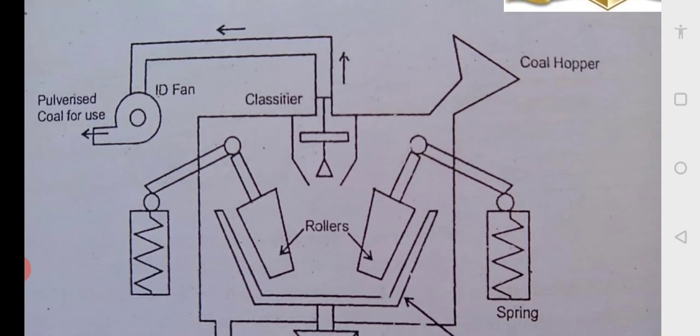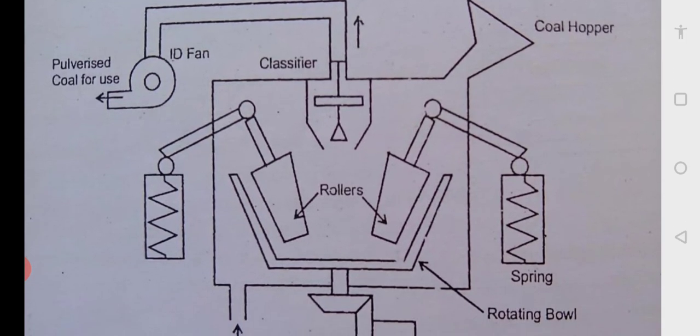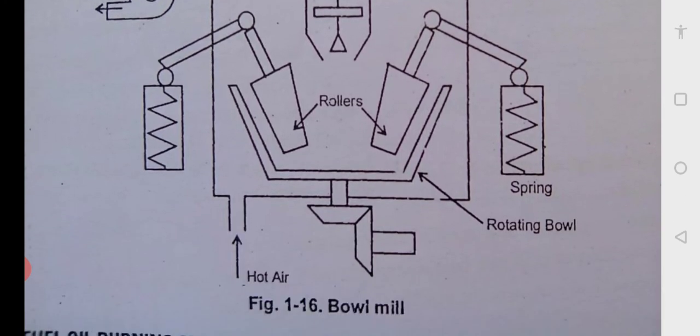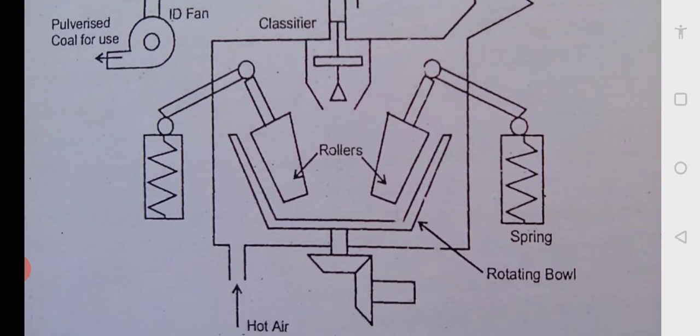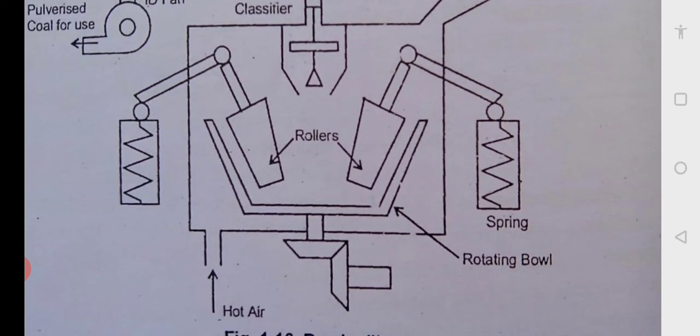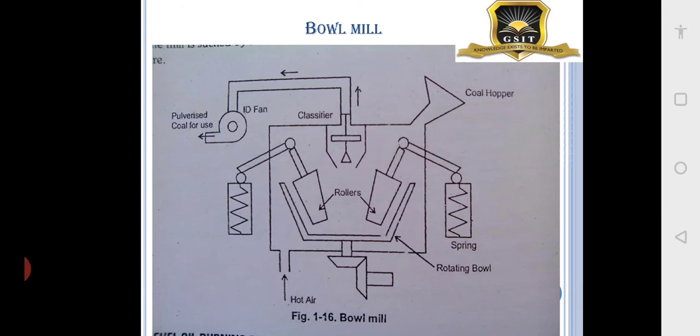Okay. At the extreme right top you have got the coal hopper. Coal falls here, and it is pulverized. And here you can see there is a classifier, and due to the fan, the induced draft fan, ID fan, it is sucked. The pulverized coal powder is sucked and sent for further use. Again here you can see the hot air is supplied for drying as well as conveying. So this is known as a bowl mill, as simple as your wet grinder used in homes and even hotels.